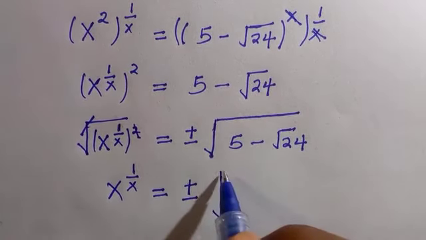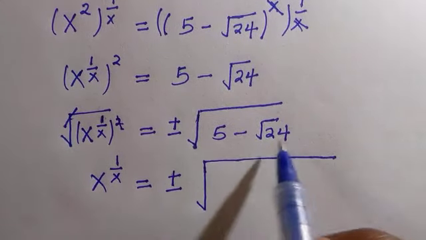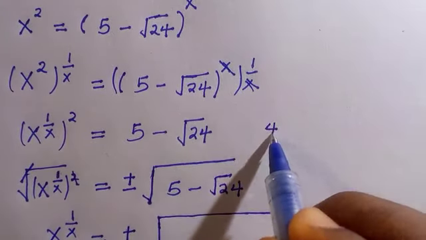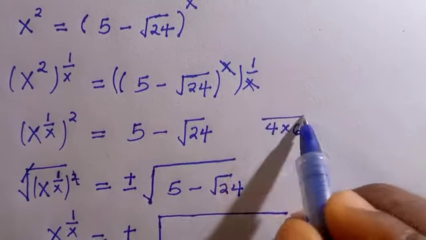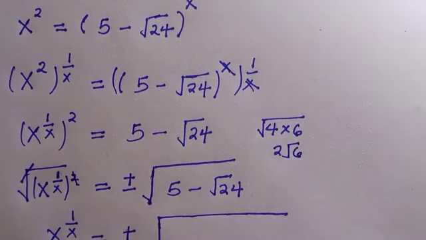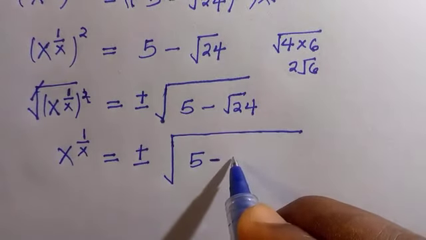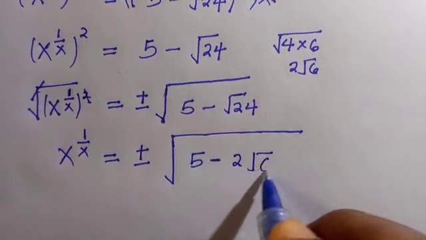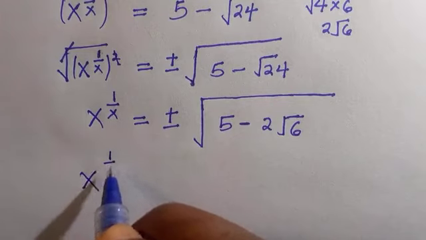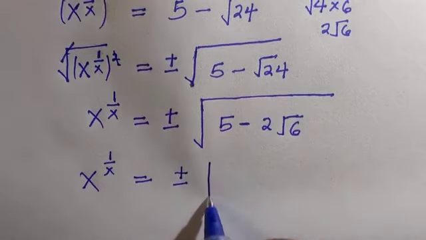So we know that this 24 we have here, we can break it down into the product of 4 and 6. By taking the square root of this, 4 is a perfect square and it becomes 2 root 6. So replacing it here, we have 5 minus 2 root 6. And again, we have x raised to power 1 over x equals plus or minus the square root of,